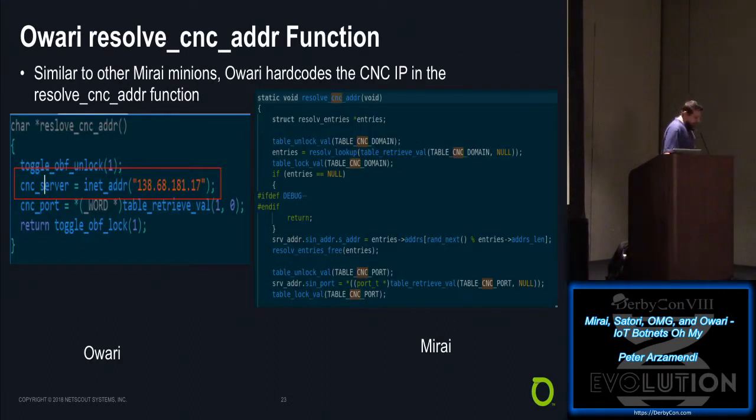Similar to Mirai, Owari used the same type of C&C setup information. In the Mirai example here, we unlock the table to get the domain, and then we also unlock the table to get the port. The difference here is Owari decided to hardcode its IP address, which makes our life a lot easier when you just run straight into the IP address instead of having to figure out, okay, let's find the XOR. Well, not that difficult. It does save time if it's just hardcoded. But it still leverages the configuration table to pull the port number out. Not sure why they chose this setup versus just either hard coding both or just putting them in a configuration table. Who knows?